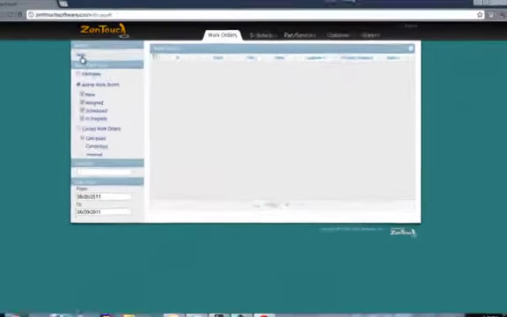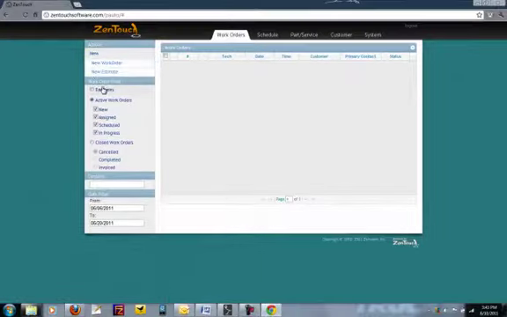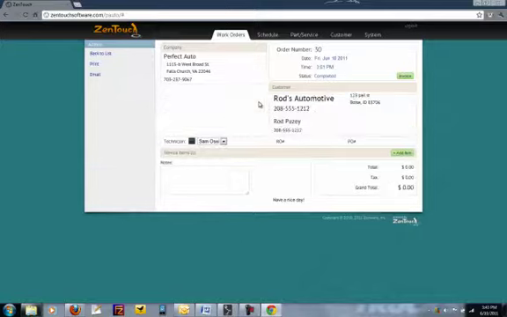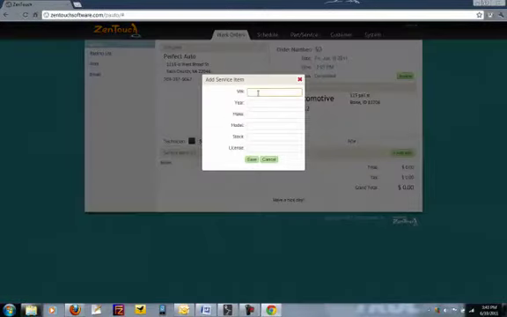The work orders is an area where you add new work orders or estimates, look at existing estimates or active work orders or completed work orders, as well as looking at invoices. From any of these screens, you can double click and go in and edit things, add service items. In this case we're looking at